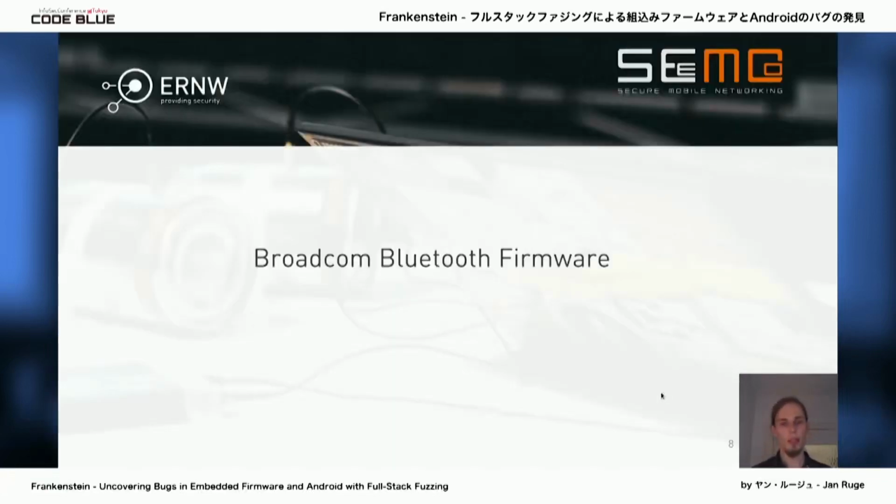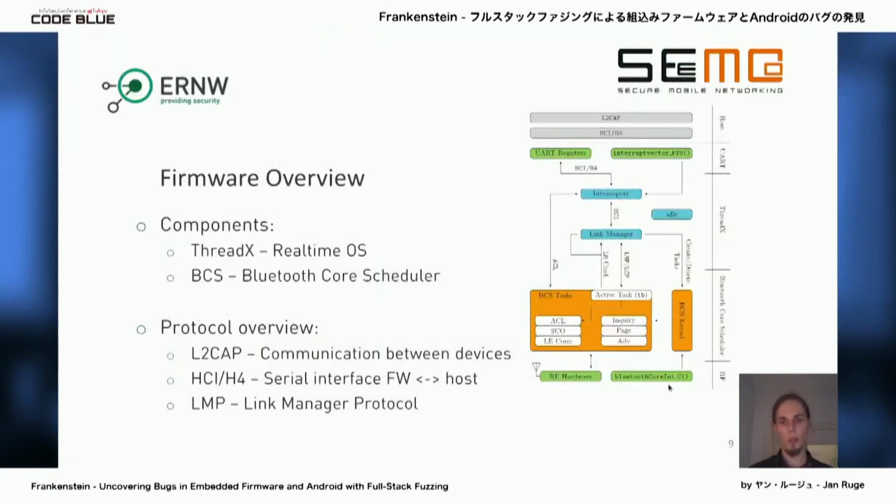So now I want to give you a quick overview on how the Broadcom Bluetooth firmware works. The firmware is essentially divided into two parts. A part that is based on ThreadX, which is a real-time operating system, and a Bluetooth cross scheduler, which is a custom scheduler developed by Broadcom to handle Bluetooth time-critical tasks. On the right, you can see a diagram of the firmware